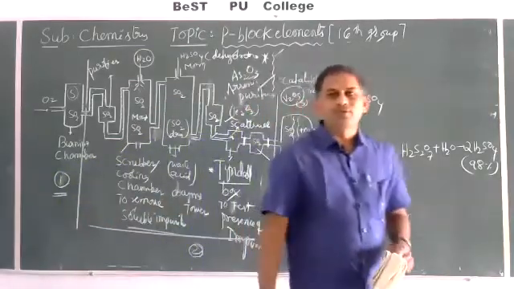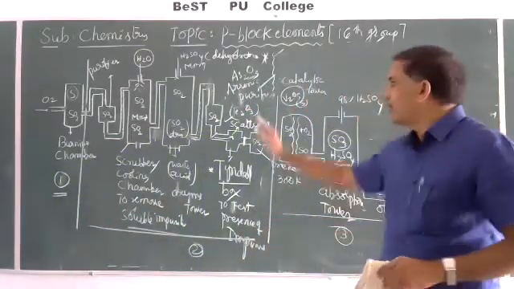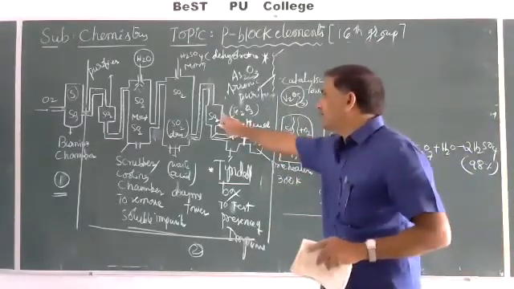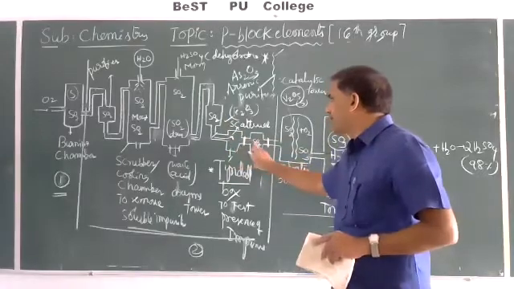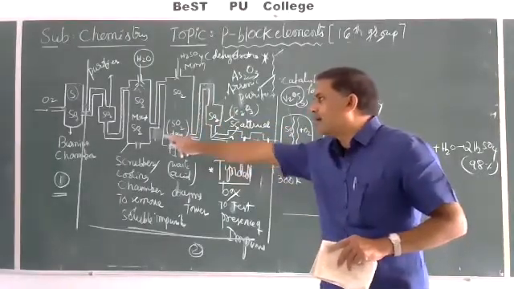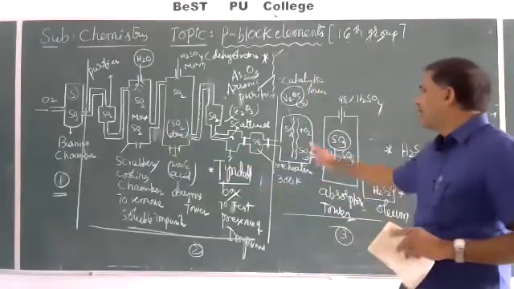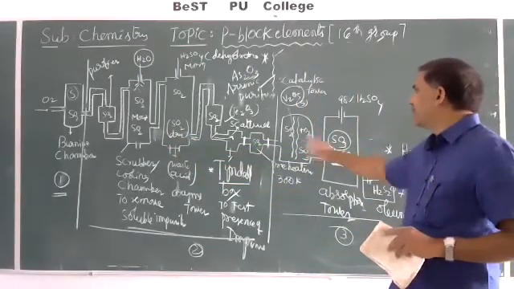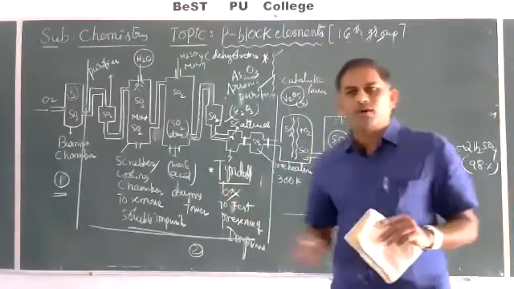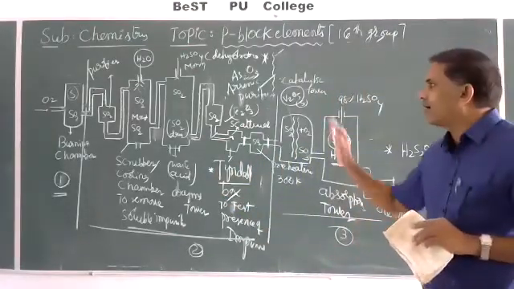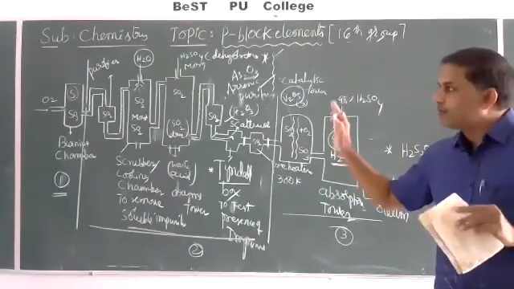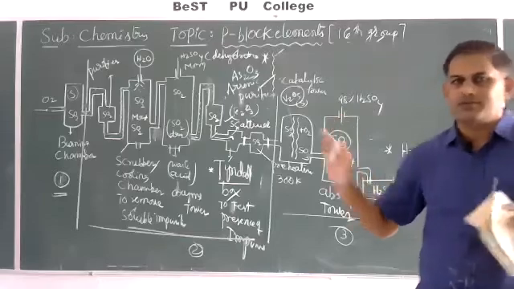In objective questions, based on this, any one question, any one part: what is the importance of this arsenic purifier, Tyndall box, pre-heater, or a drying tower, or the scrubber, or the burning chamber, or this catalytic tower, absorption tower, any one tower's importance they'll ask. Very, very important concept. Better you concentrate on this flow chart and conditions and steps. Maybe based on this they'll ask any one question.